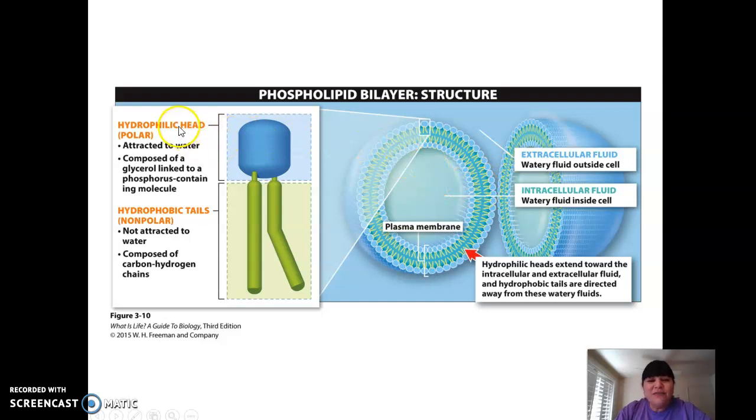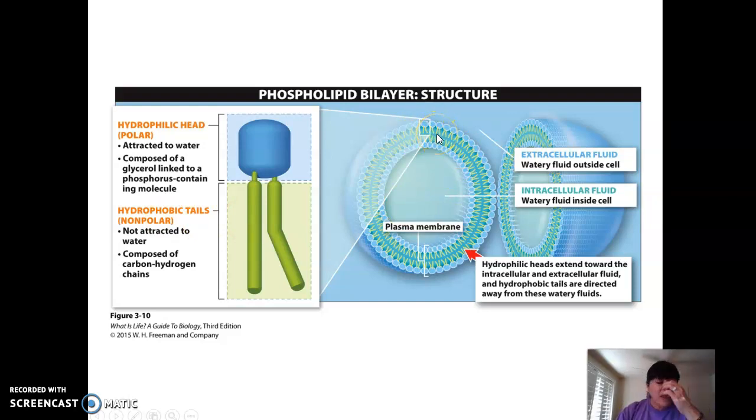Now, the phosphate heads do okay with water, so they're called hydrophilic. Philos means to love or loving. Hydro is water. So hydrophilic, they like water. They're okay with water. Phobic means, like, think of phobia. I'm arachnophobic. I'm afraid of spiders or whatever it is. So phobia means fearing. So these are water fearing, and they're right here, so they don't mix well with water,